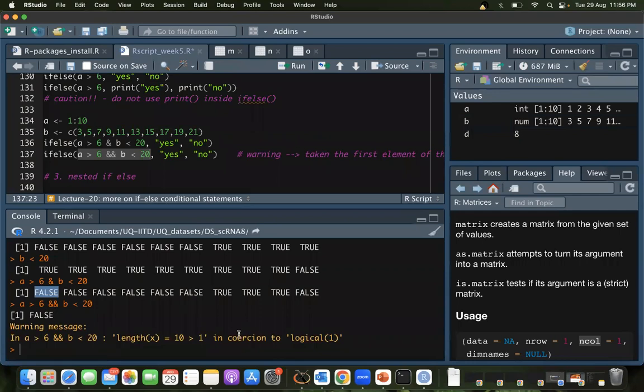Okay, end of story. It takes the first value of this expression, it takes the first value of this expression, it does AND on it, and it stops. First it prints whatever we said, then it does if else.